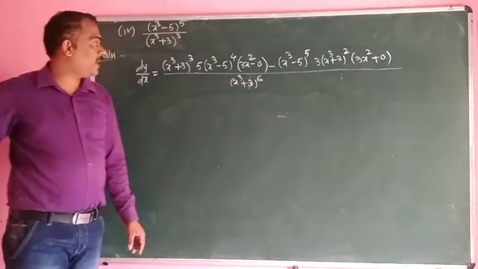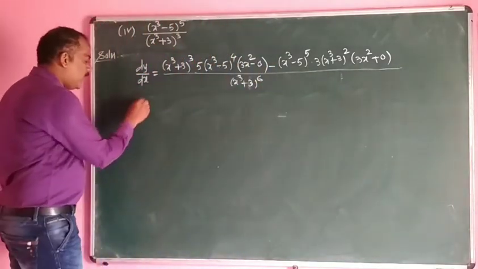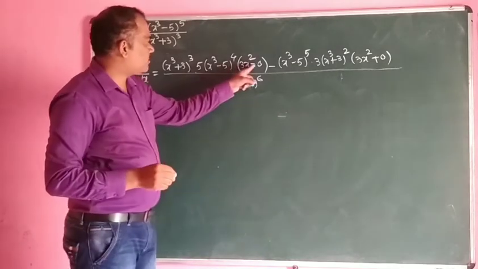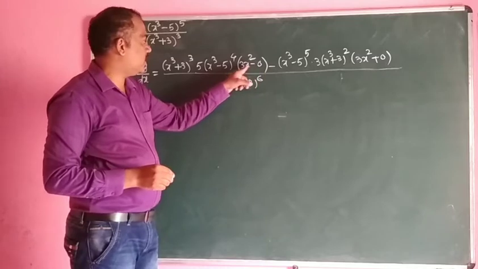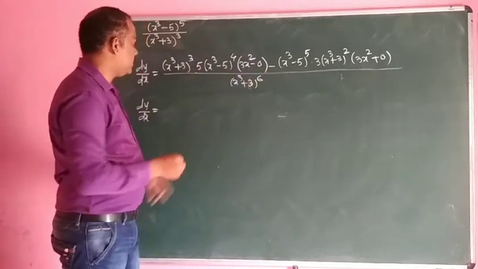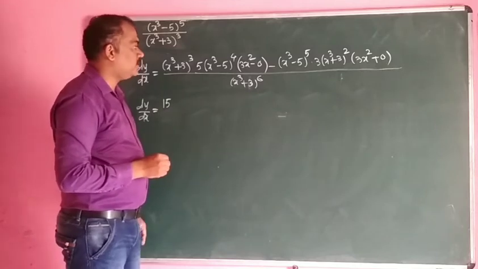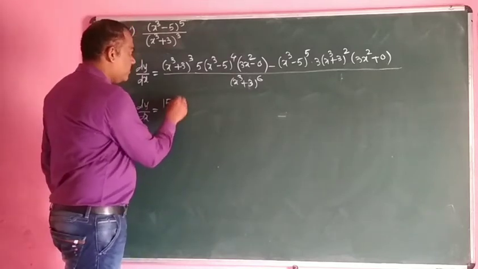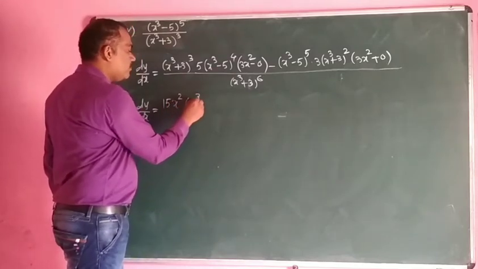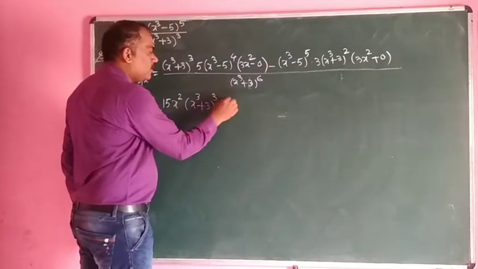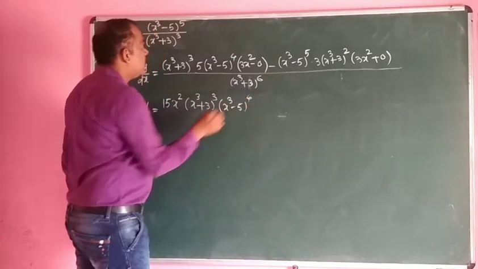Now we have to simplify this one. Now see here, dy by dx is equal to 3x square minus 0, which is nothing but 3x square. This 3 into this 5, that is 15. 5 3s are 15, 5 into 3, that is 15 x square into (x cube plus 3) raised to 3 into (x cube minus 5) raised to 4,